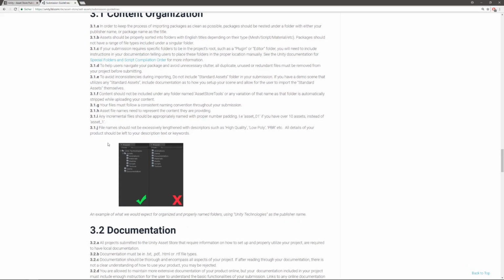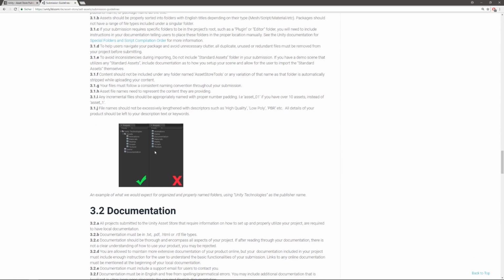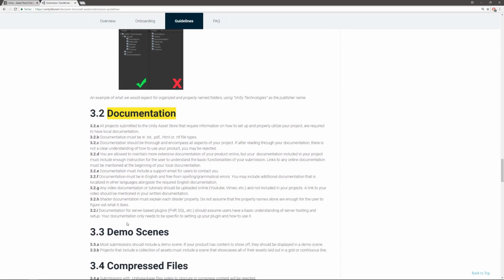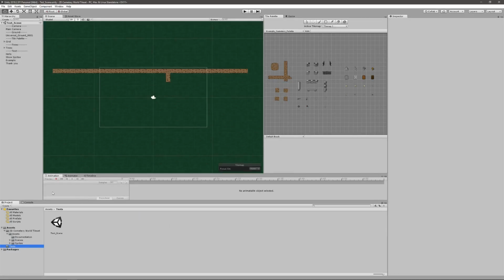This here is correct, this is wrong. Your package must have a documentation and a demo scene. Take a look at our folders. Okay, our folder looks good.